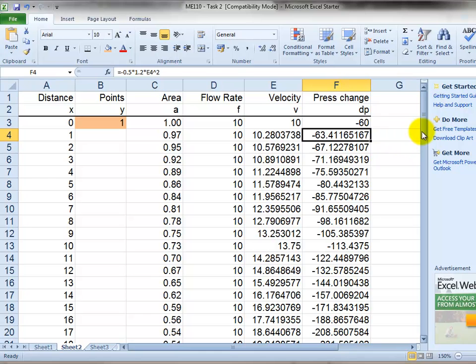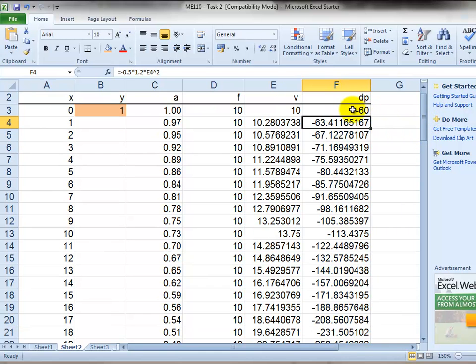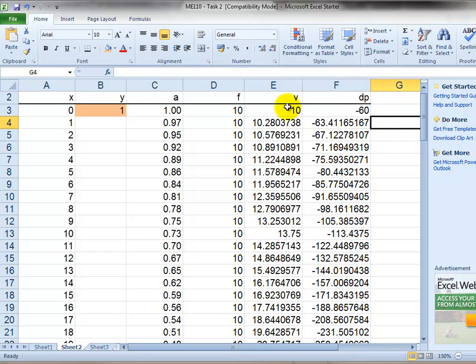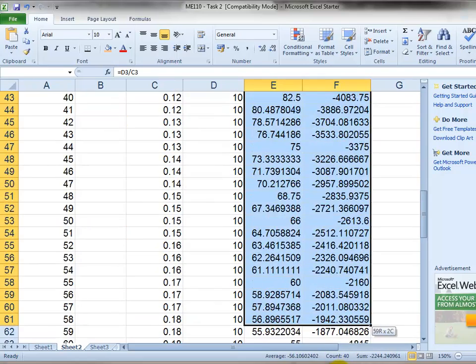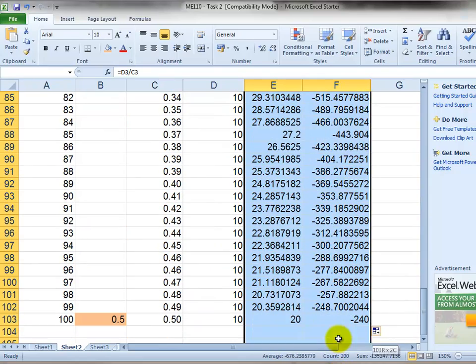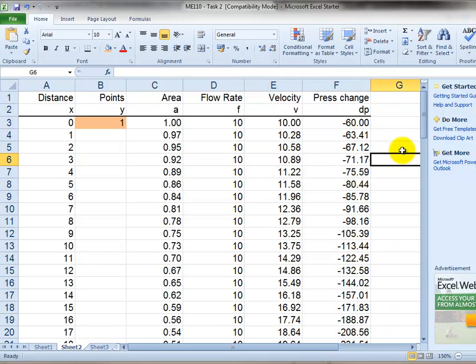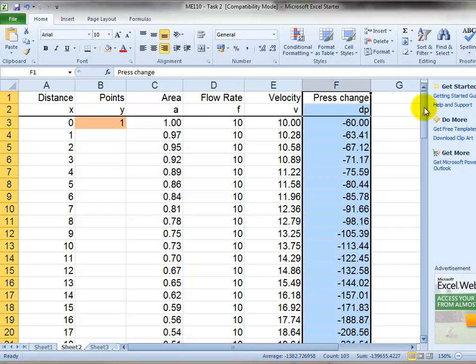Just a quick check. I'm just checking here that the numbers are reasonable. We just decrease the number of decimal points. 2 decimal points is fine. And there we have it. We are now calculating the pressure. That's the pressure column. We have 60 newtons per square meter